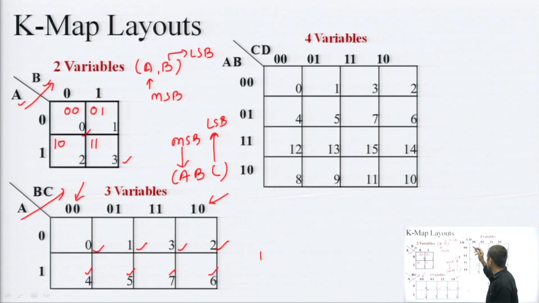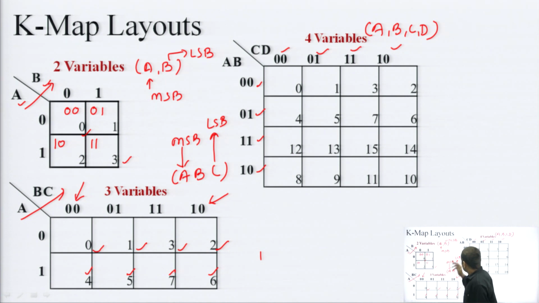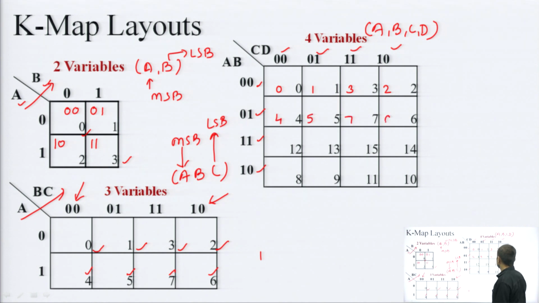For 4 variables A, B, C and D, A B can have 4 values, 0 0, 0 1, and then again in Gray version after 0 1 I get 1 1, and in the end 1 0. Similar for C D: 0 0, 0 1, 1 1 and 1 0. For these 4 variables I can simply write 0 1, replace the third and fourth entries: 0 1 3 2, 4 5 7 6.